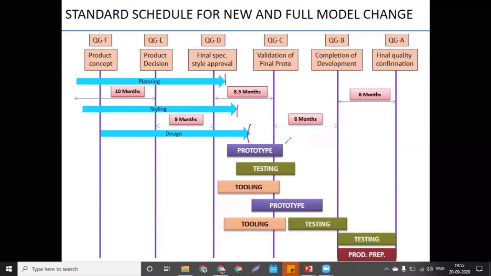So in quality gate D, what can you expect? Style data division as per the engineer requirement sheet, investigation to be done, and the countermeasures are provided. Means till here there will be many feedbacks for us. Trim team will give you some feedback. Then the glass team will give feedback. CA team will give feedback. So there is an iteration in your design. The design has to be changed many times to fulfill all the requirements: assembly, manufacturing, and your surrounding area also.